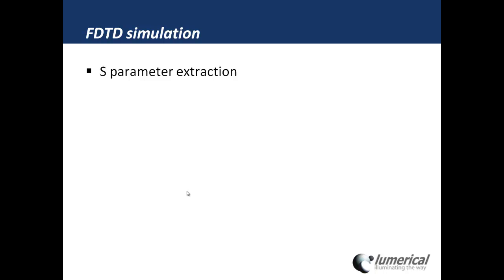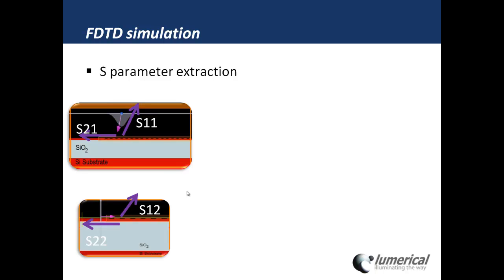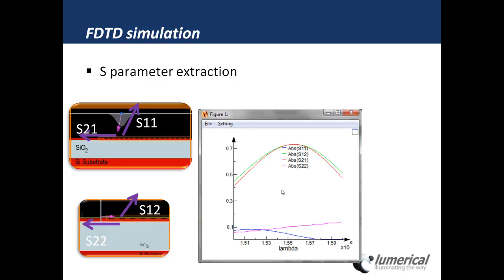So now we're going to talk a little bit about S-parameter extraction. So what we really want to do is treat this grating coupler as like a black box component with some S parameters. And the S parameters will tell us how much light is coupled into the waveguide and how much is reflected on input and also on output. It's important to remember that the S parameters are complex coefficients, so this is not just the power coupling efficiency, but it also is a measure of the phase of the coupling, and the phase can be very important for certain applications, of course. These are the results that we're going to find for our optimal design,